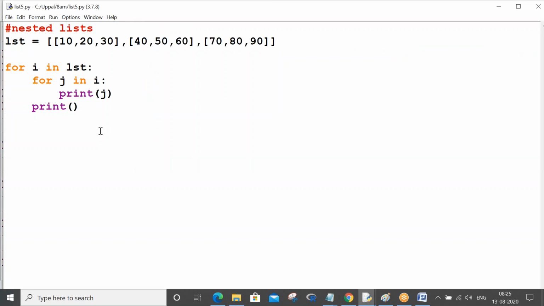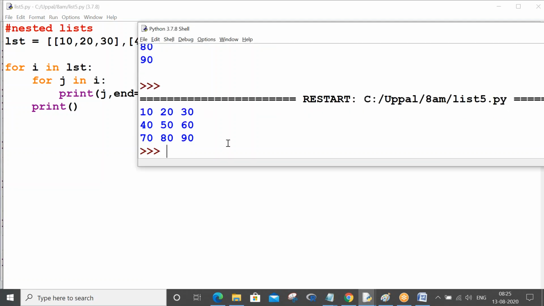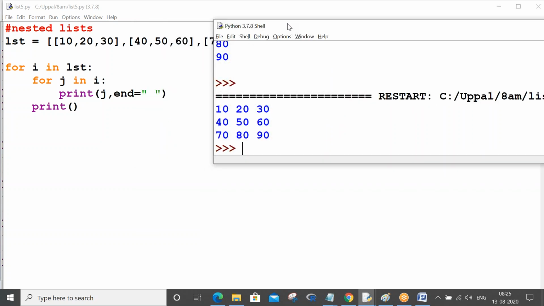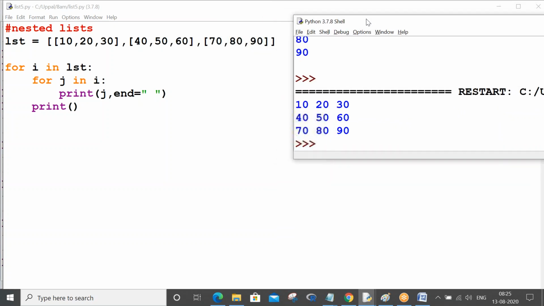Right? Now what you do is, after 10, print 20 next to it. Yes, Varun is correct. End is a parameter in print that you will use to put some space or some characters after printing your value. So end equals space, you give control S, F5, you will get your answer as expected. Got it? Is it any big logic? Not at all, right? Python logics are so small, just that you have to handle it smartly. Correct?